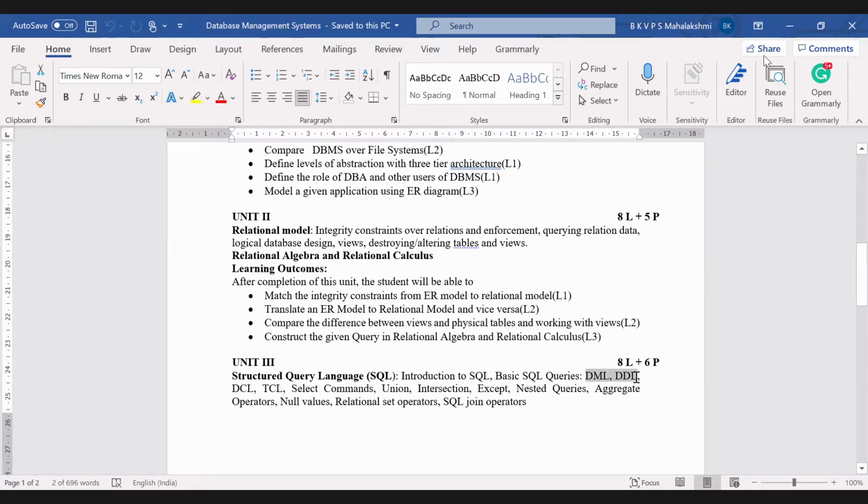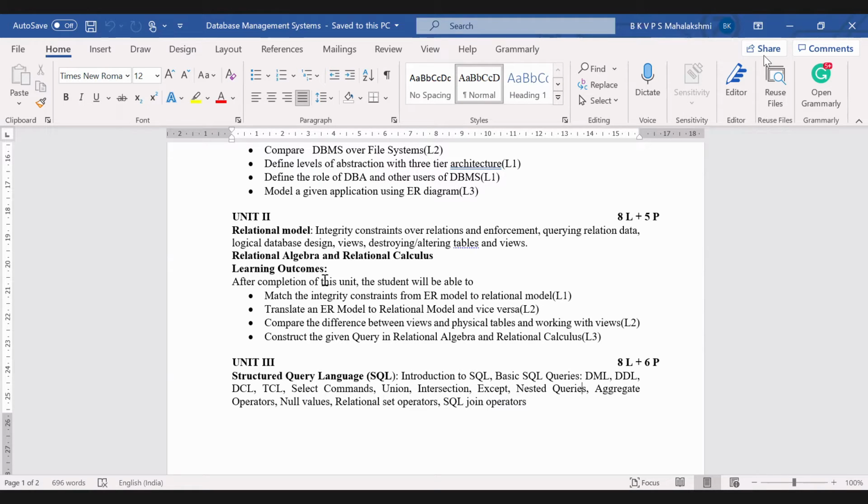DDL, DML. So you might get a doubt, what are these DDL and DML? The relational model consists of the data only, but it is represented using tables. So how does DDL and DML help in the relational model? The first D stands for data in both DDL and DML.